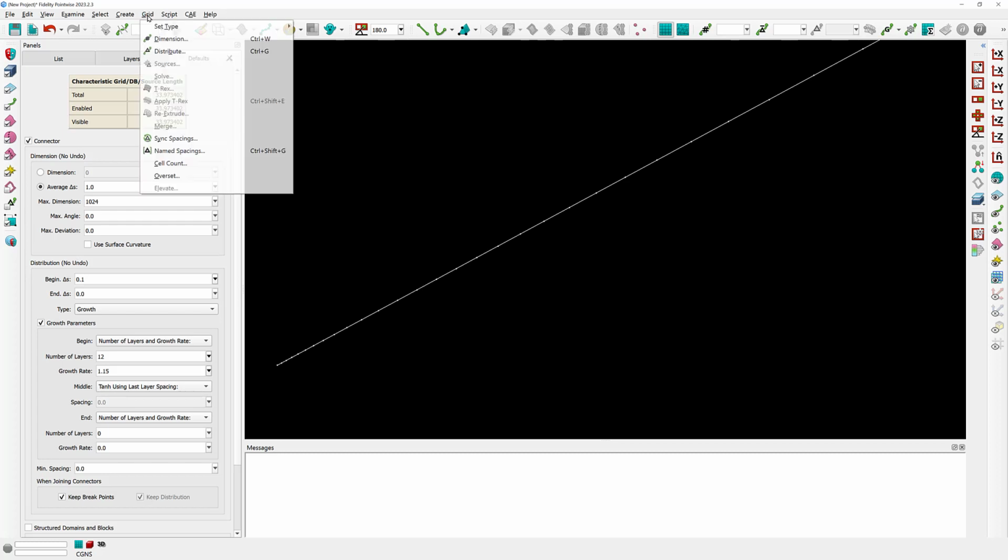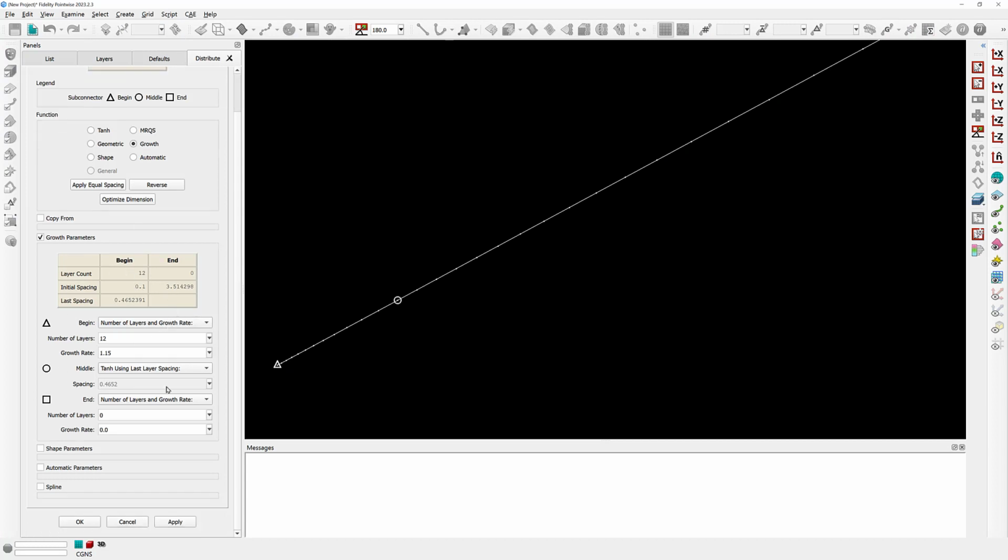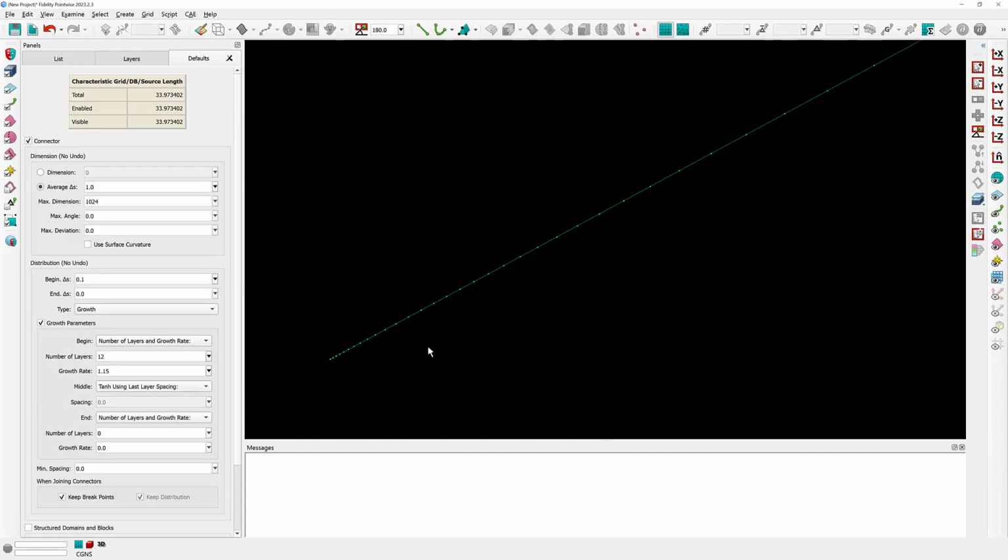And again, if you want to double check that, let's go to grid distribute functions. And you can see that now my distribution went from tanh to a growth distribution, and I'm using the numbers that I defined in the defaults tab. Now I'm going to click OK here, and the last thing I would like to show you, the last addition